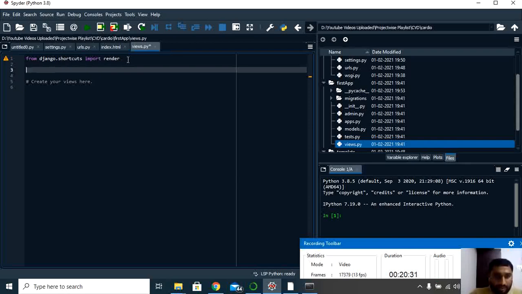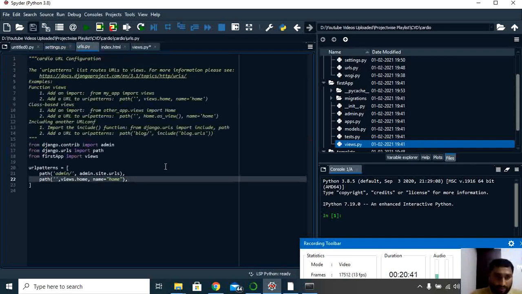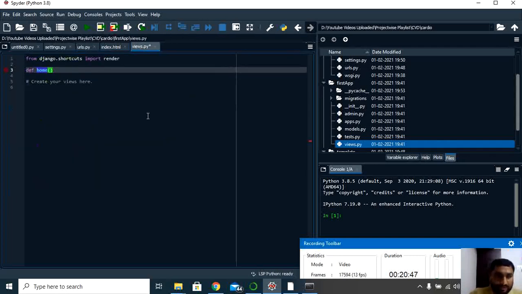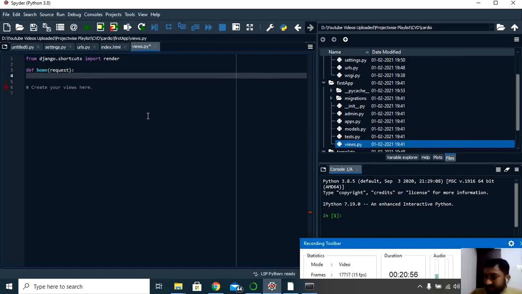Let's say def home, because I have called home in my URLs. Have a look on this. Home I have called, so I'm calling home here. Next is request, so call request here, then a comma. Now if you want to render the entire file, you can use return render directly.